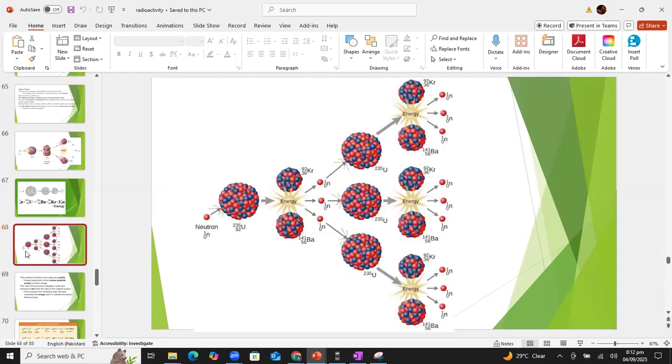Students, beta, these fission reactions are also called chain reactions. Why are they called a chain reaction? The reason is